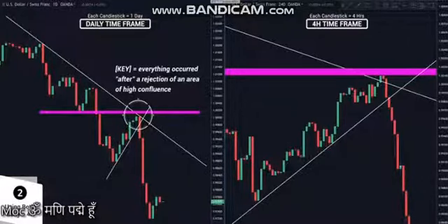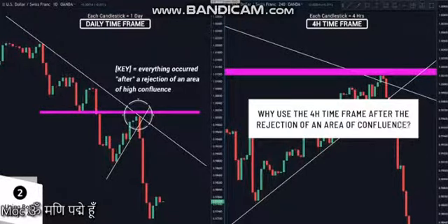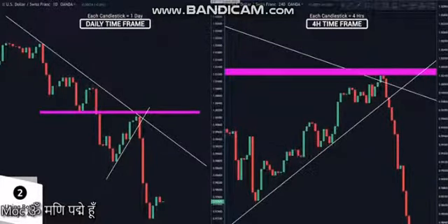after the rejection and bounce from an area of high confluence, or else you would have just had a trendline break, and that would be meaningless. Now, why is it important to use the 4-hour time frame to look for a trend change after the rejection of your access point? Well, because without the trend change or trendline break, price could have easily done this instead